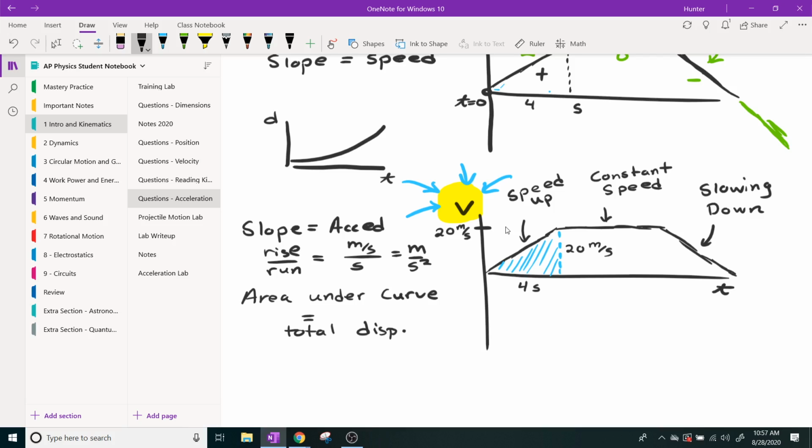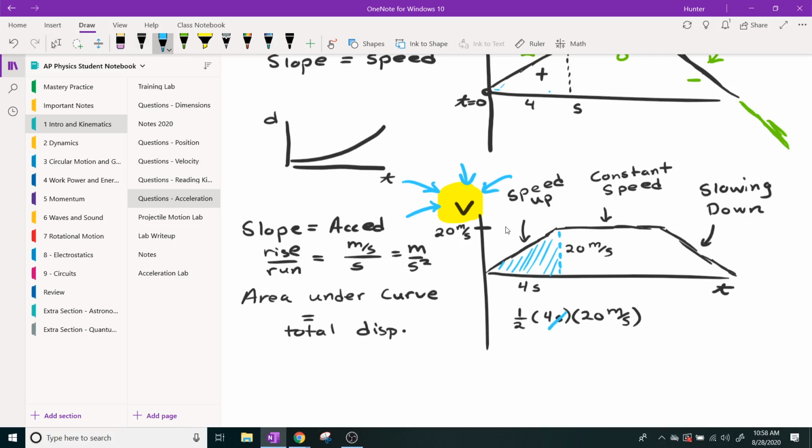So this is 20 meters per second going up to the top, and it's 4 seconds going across. So if we were to calculate this, this is a triangle. So the area of a triangle is going to be 1/2 the base of 4 seconds times the height of 20 meters per second. And if you look at the units that go along with it, there's seconds on top